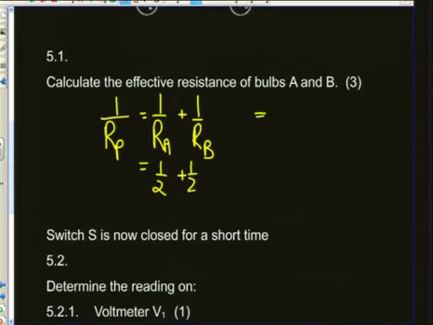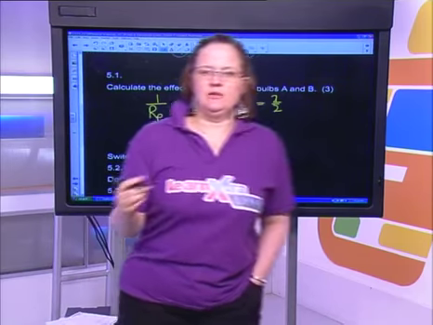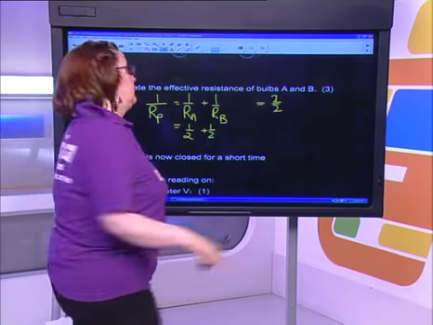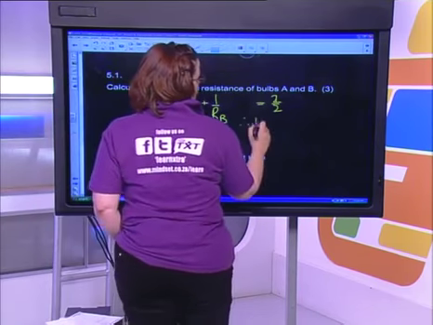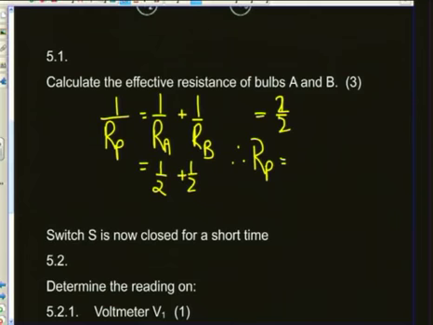Okay, so that gives me 1 over 1. Well, 2 over 4. Okay, just watch what I'm doing. No, it gives me 2 over 2. So much for me being able to do this. But remember, I want R parallel, so turn it upside down, but it's 2 divided by 2, which is 1, and 1 turned upside down is still 1.